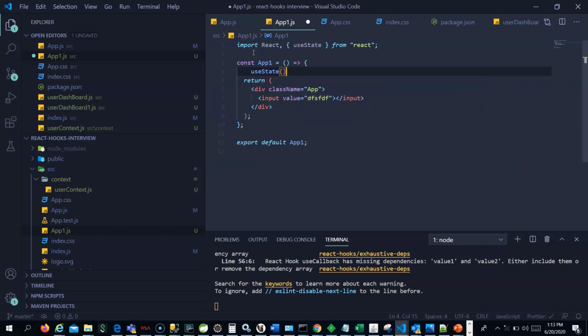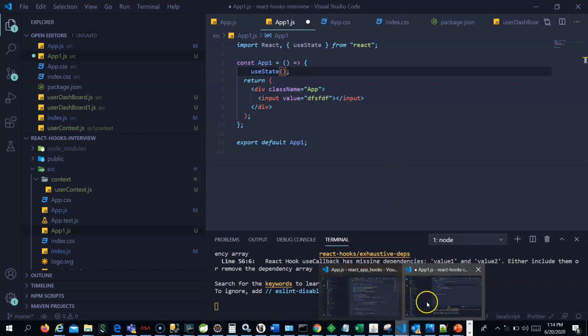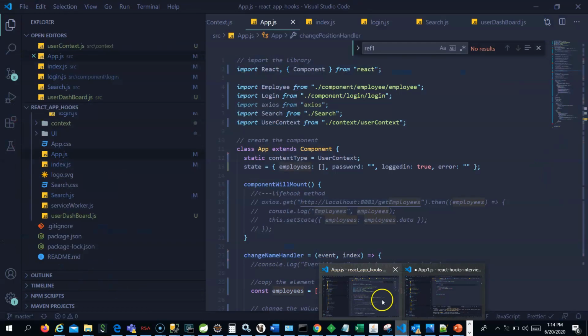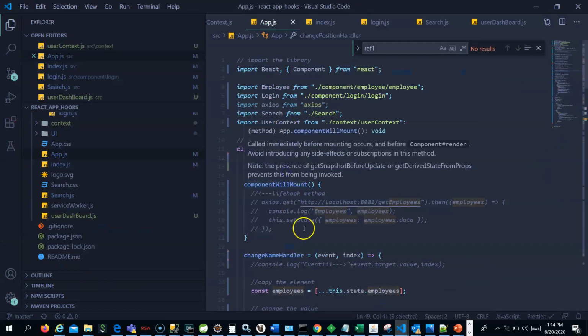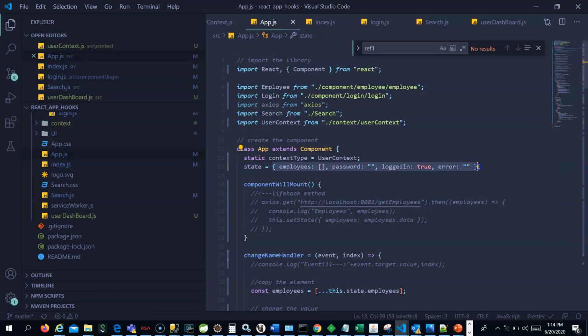The one important difference you have to understand here is, in the case of a class component, the state is always a JavaScript object. Inside that you give the different states like employees, password, login.